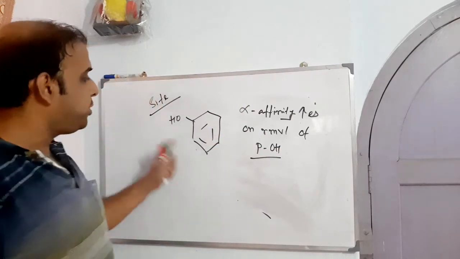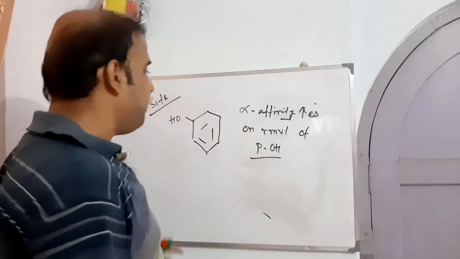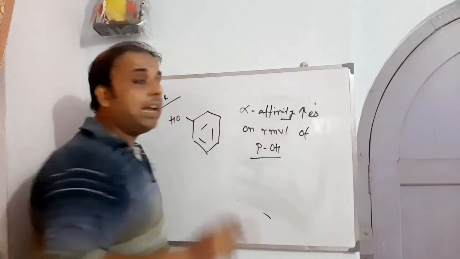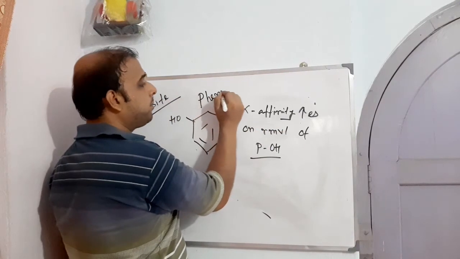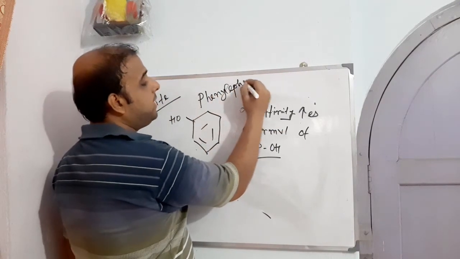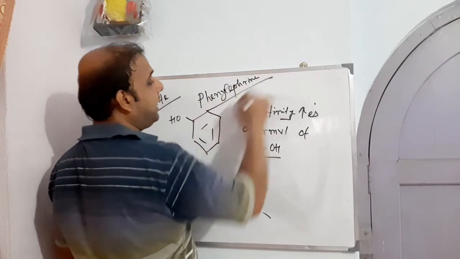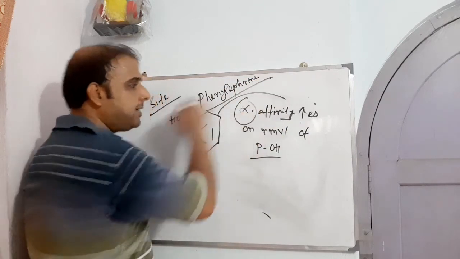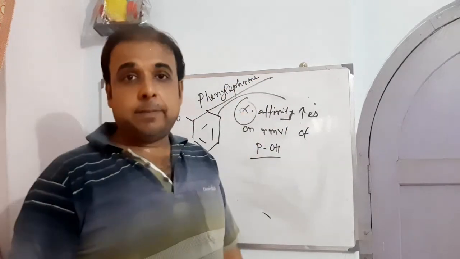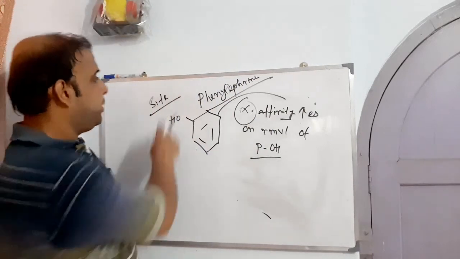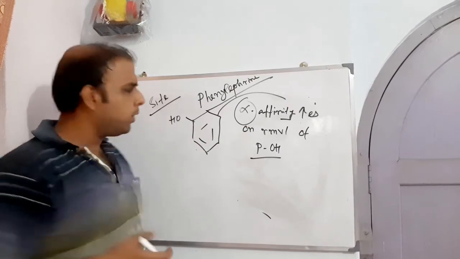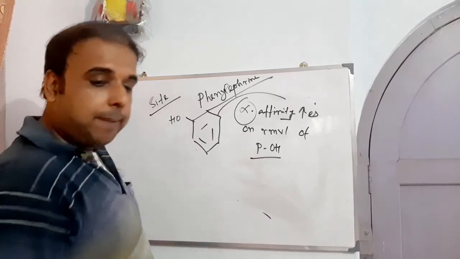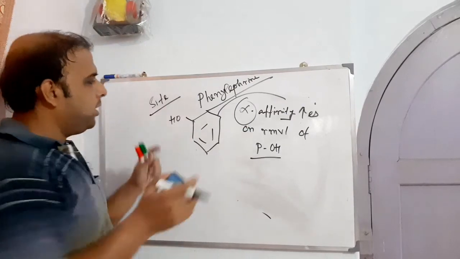The moment you remove the para-hydroxyl, what will happen? You can find affinity towards the alpha receptor. We have an example, phenylephrine. In the case of phenylephrine, you won't find it acting on the beta receptor. Instead, it is predominant on the alpha receptor. So this is about another kind of SAR study which they carried out. Now, this is all about your site 1.